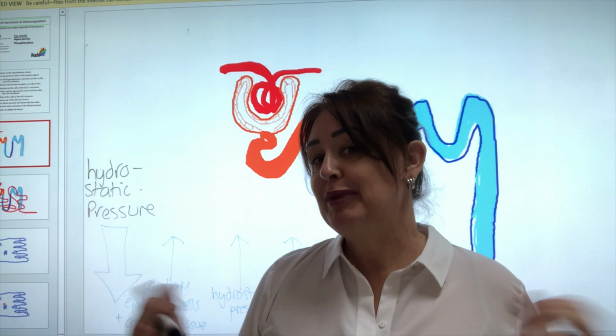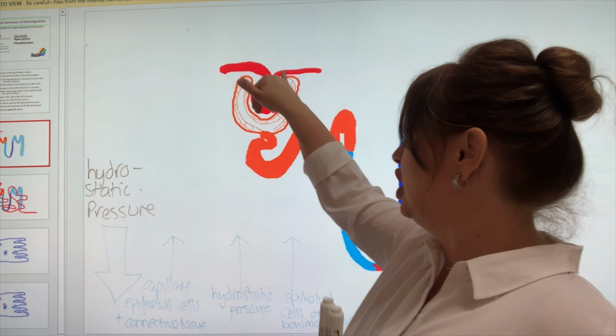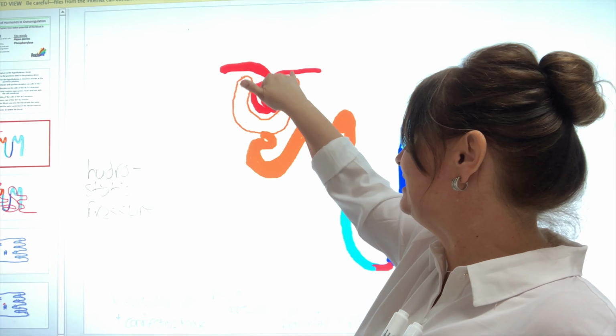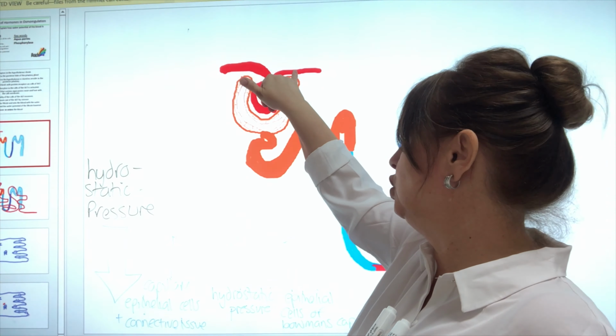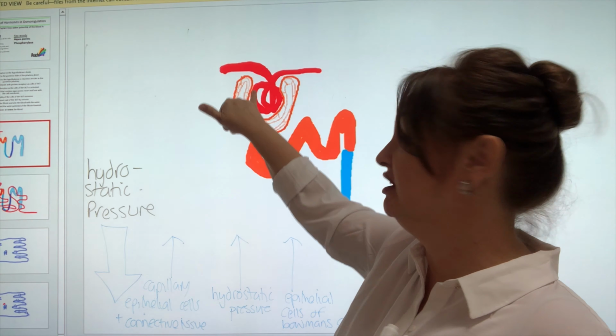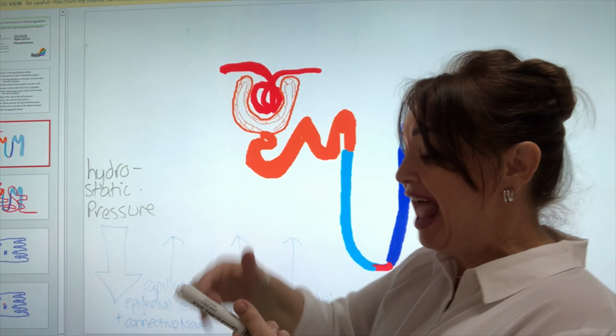In other words, the plasma proteins and red blood cells. And they exert a water potential, okay? So inside there, we've got a really negative water potential. So in the latter half of this glomerulus here, we've lost the water, we've increased the water potential, and that